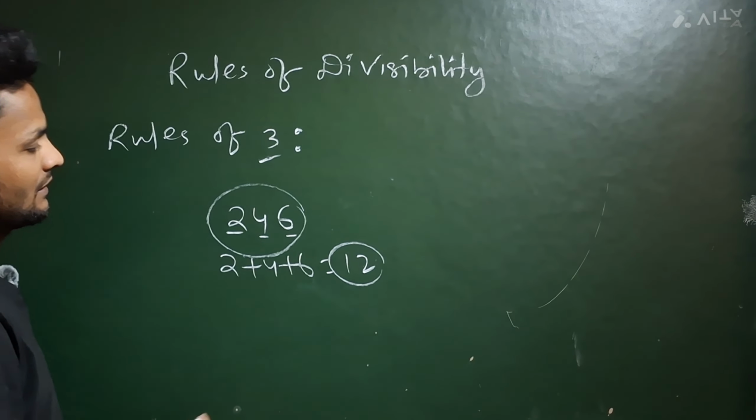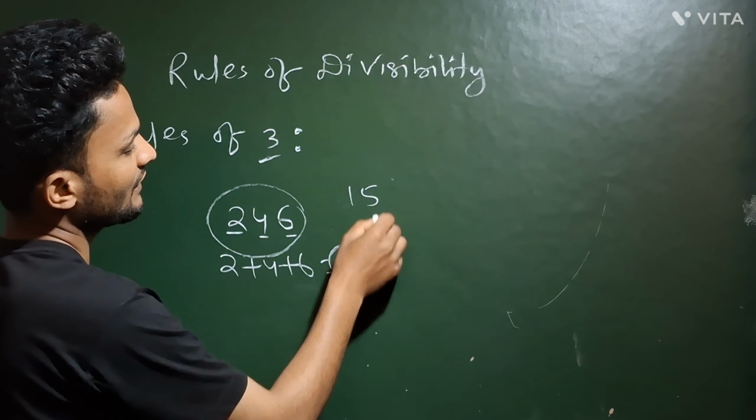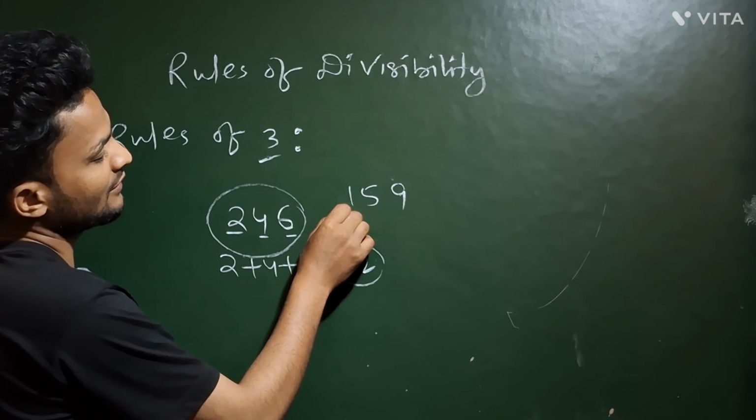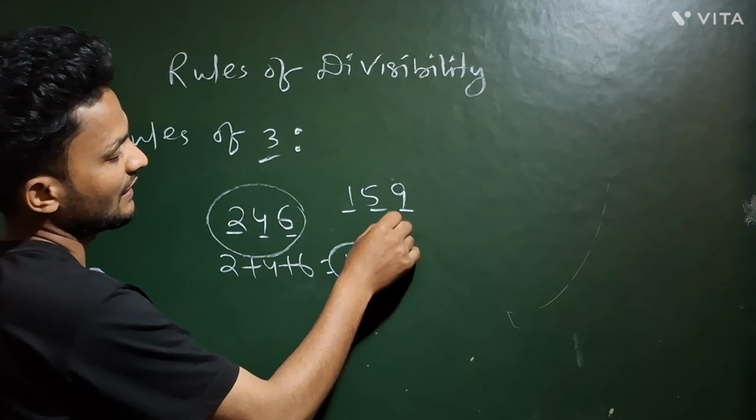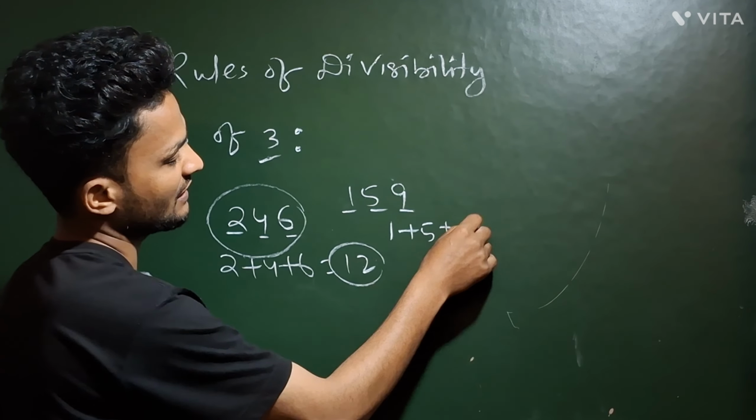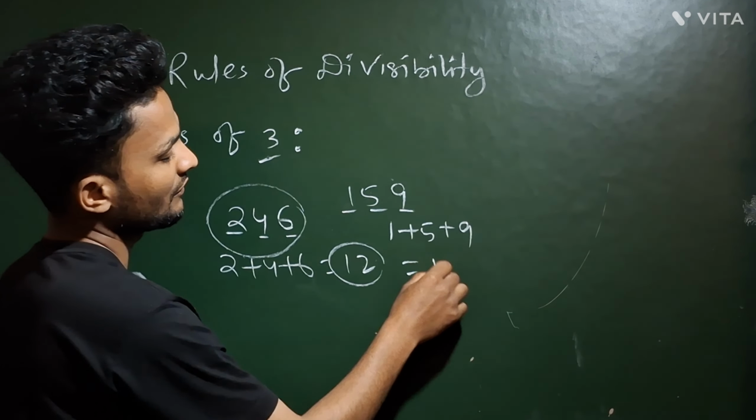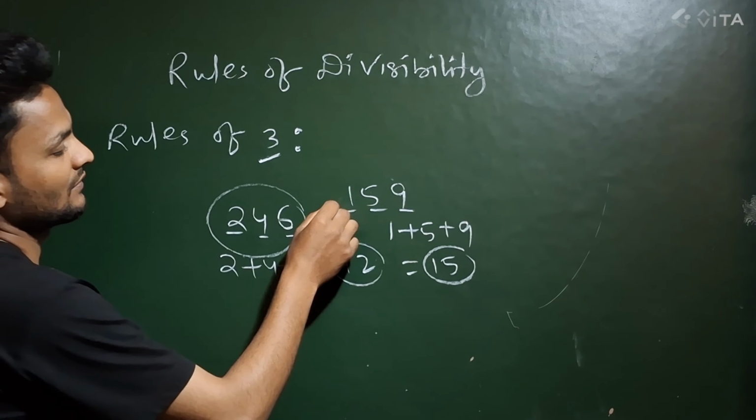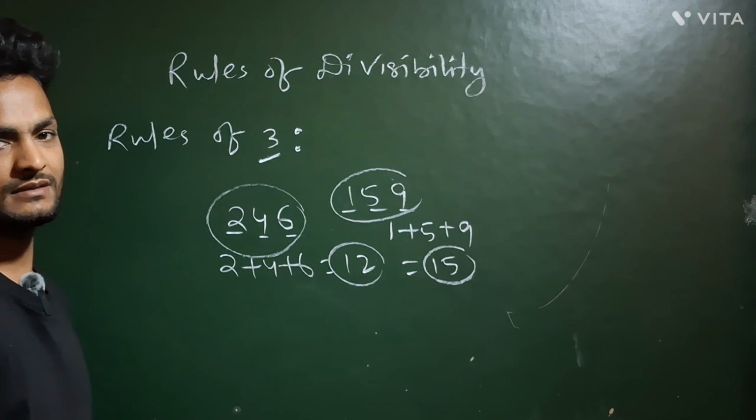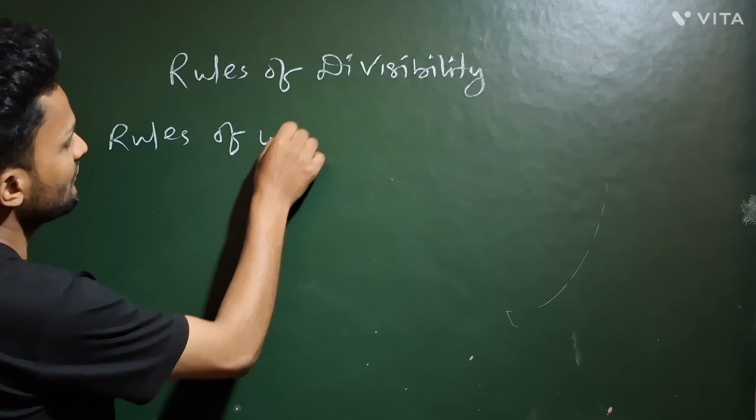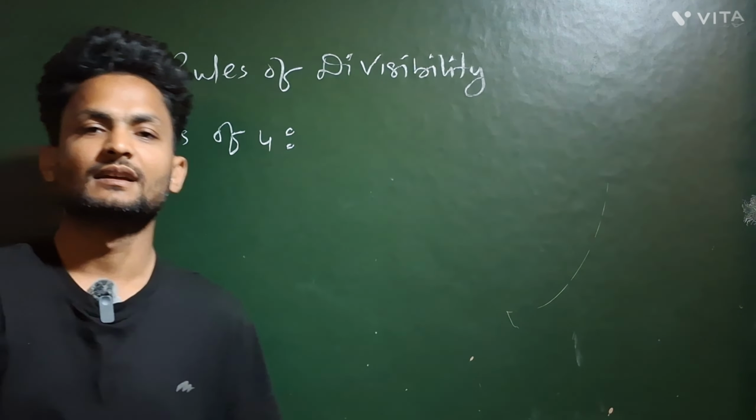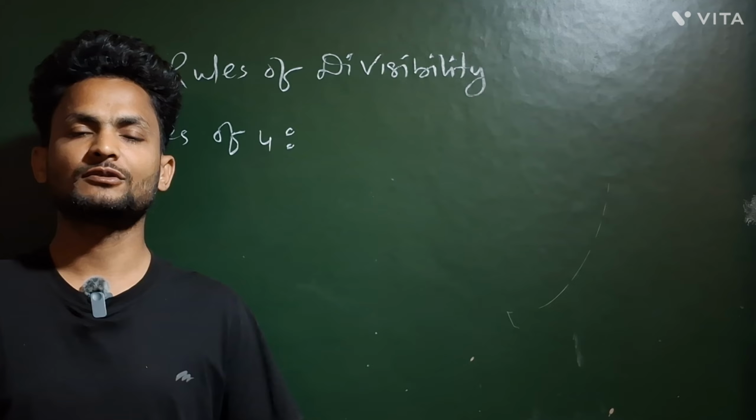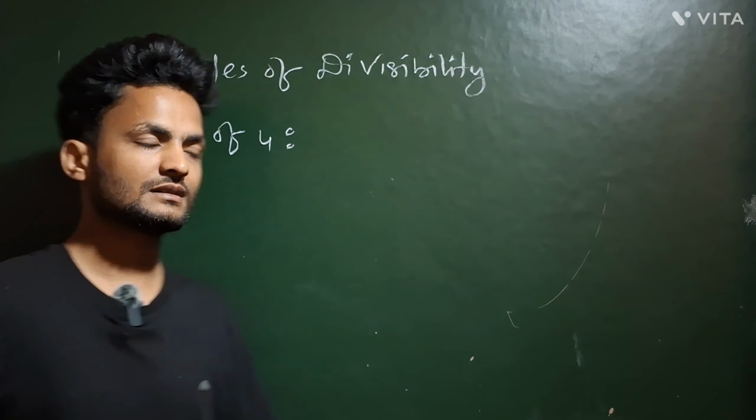Okay. Similarly, 159. In this number, the digits are 1, 5 and 9, and 1 plus 5 plus 9 is equal to 15. 15 is divisible by 3, therefore 159 is divisible by 3. Rules of 4. Remember that if the last two digits of a number are divisible by 4, then the whole number is divisible by 4. For example,